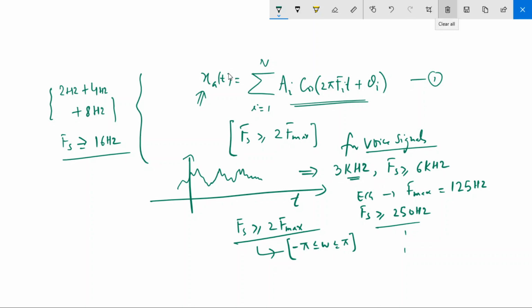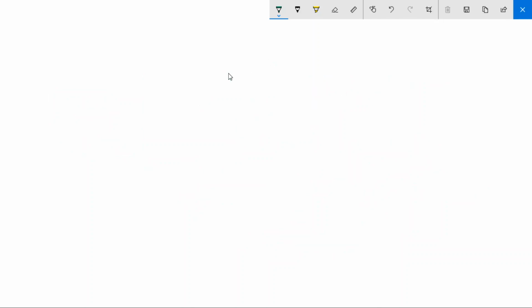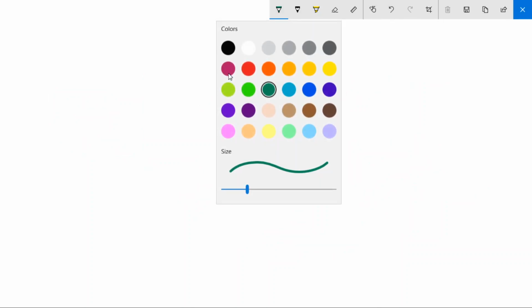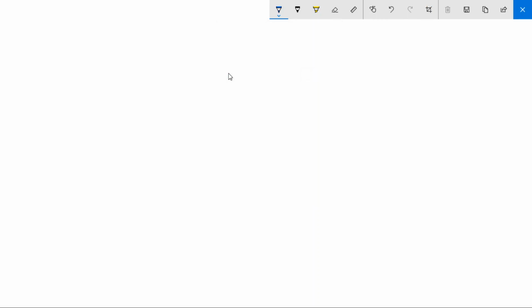Now there is some problem. Sometimes you encounter a problem when you sample the signal exactly at the Nyquist rate. Suppose I take an analog signal x(t), which has three frequencies, maybe cos of 50 pi t plus, say, 2 cos of 300 pi t,